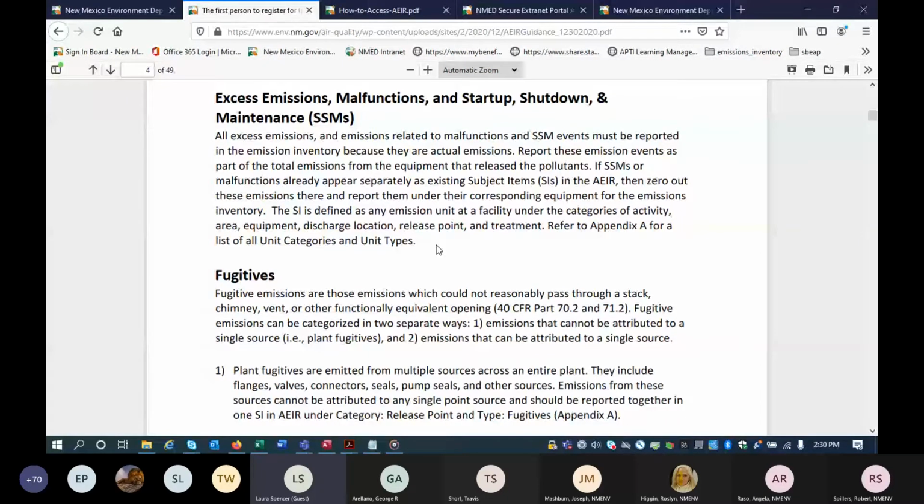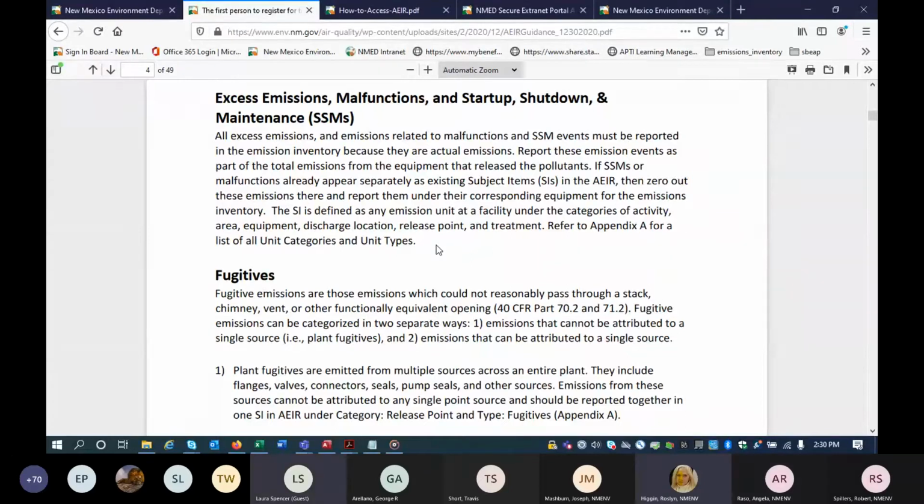I just wanted to know where we should put them, if not there. That's where we've always reported them in the past for Title V as well. And for this situation, I think that would be fine. That's the way it was originally designed, set up. So I would continue with that same.